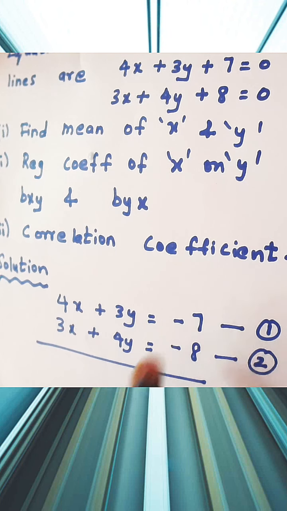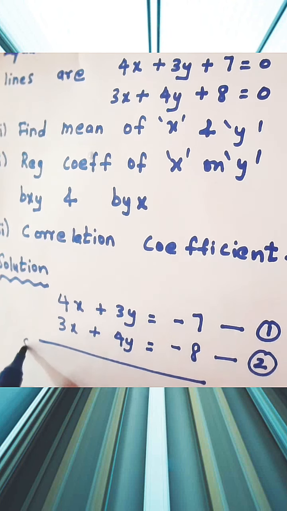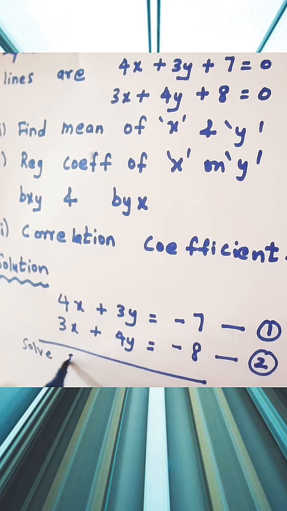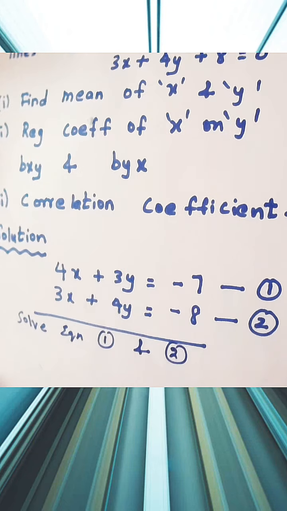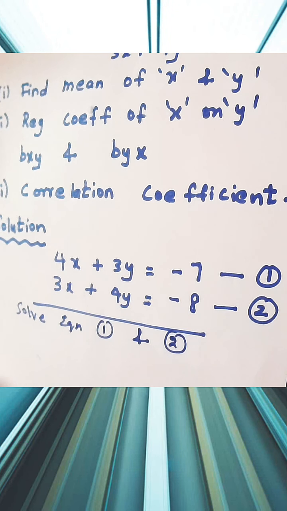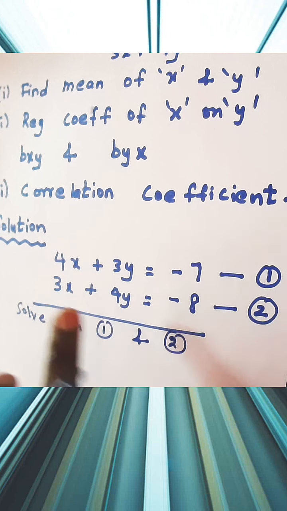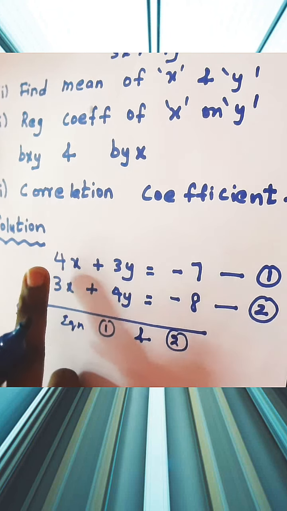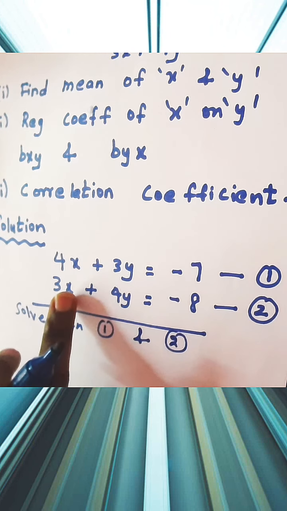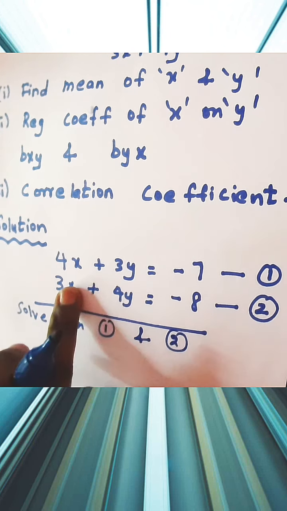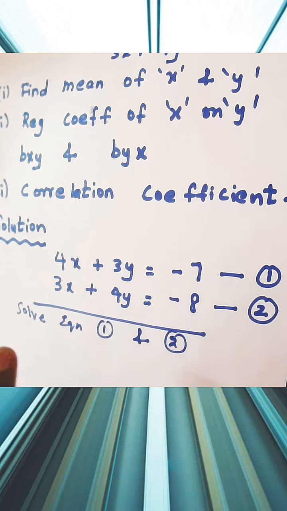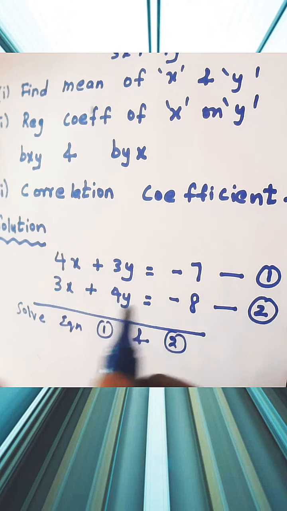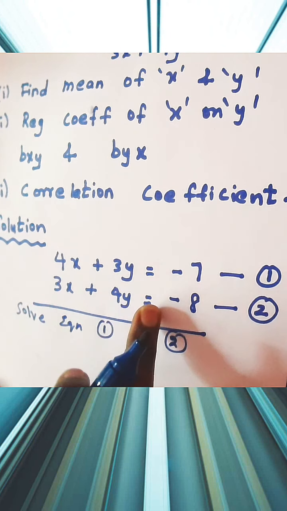Alright, we will solve these two linear equations, equations 1 and 2. In your lower classes, you would have studied how to solve two linear equations. In order to solve it, we cannot cancel directly, because our aim is to eliminate one of the variables, it could be x or y. We have to find the values of x and y.